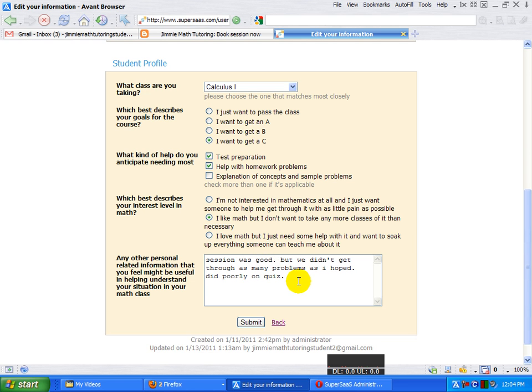For example, after a session, before your next session with me, come here and tell me how it went, how you did on your last test or quiz, how much I was able to help you, and how much it helped you in your quiz. Update me on what your goals are for the course. If you did poorly on the quiz, you might have to downgrade from wanting to get a B to just wanting to get a C, and I'll look at that,